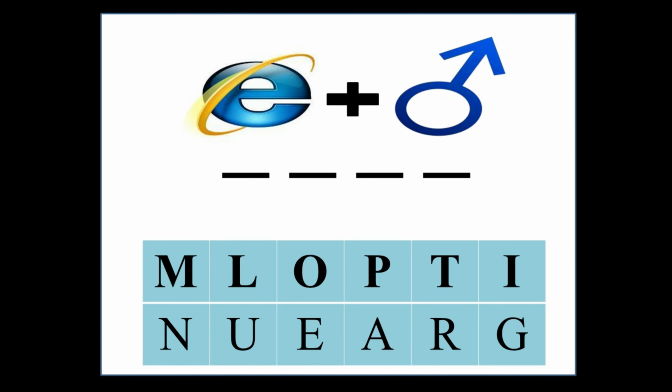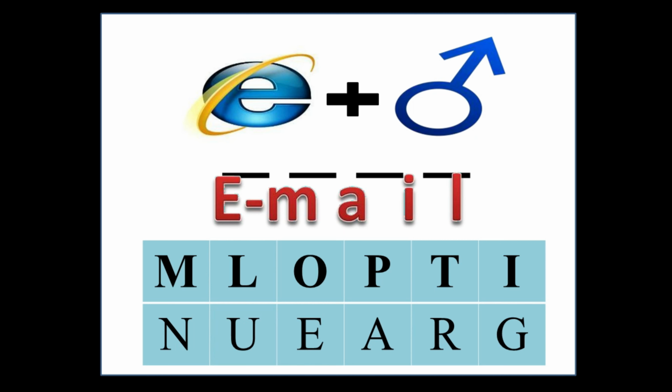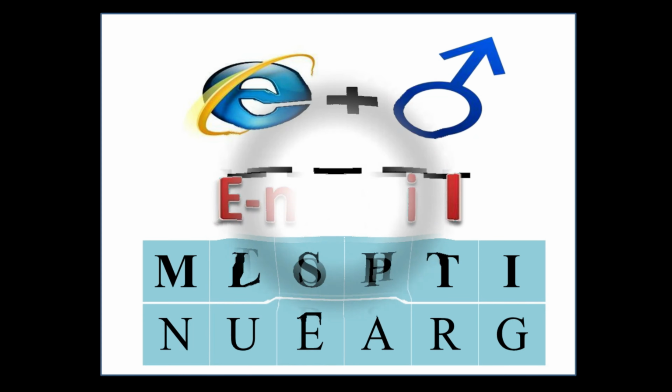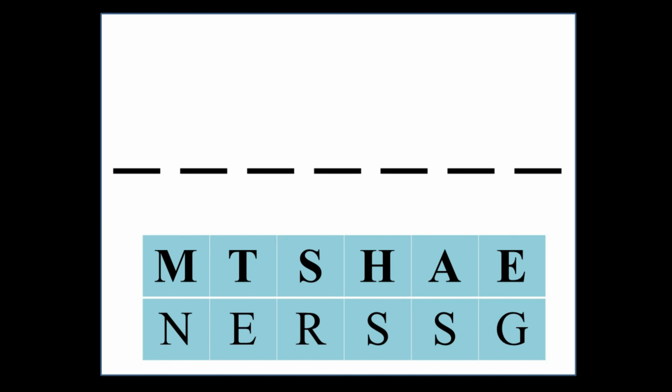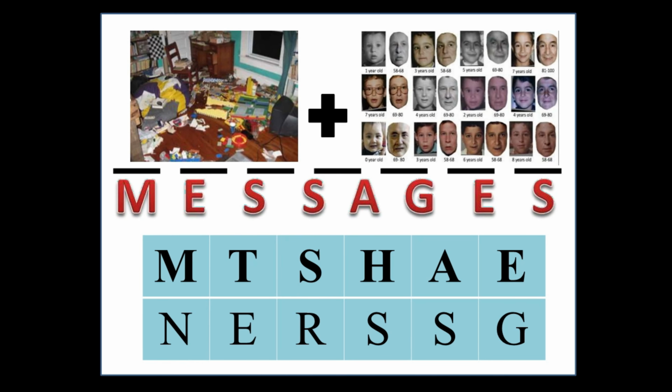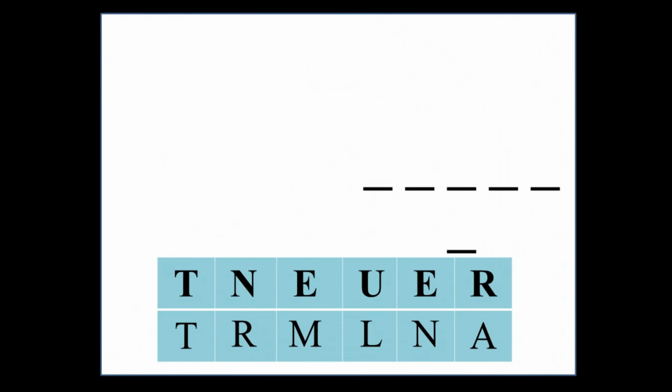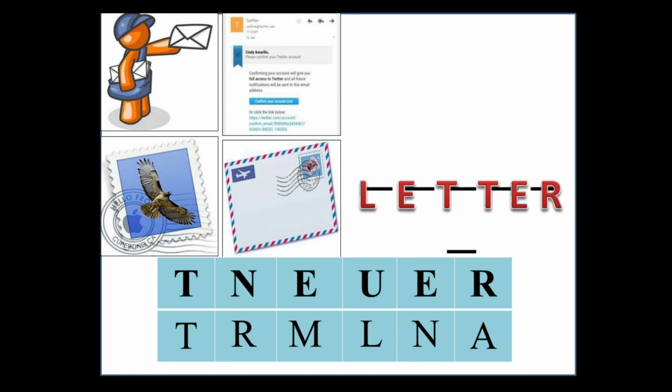Can you guess it? Yeah, exactly. That is email. One of the fastest ways of communication. Let us move to the next one. Yeah, it is the message we need to convey across various people at different hierarchies. Let's try this. Yes, letters, which play a very critical role in the process of correspondence.